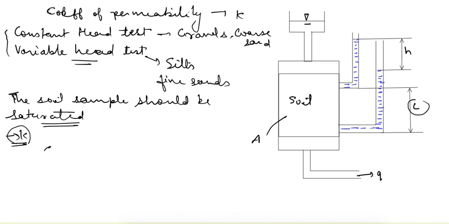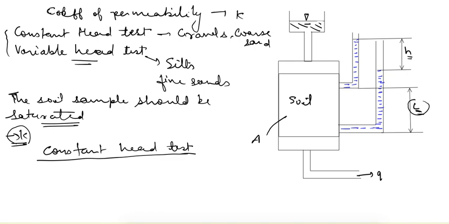So first let's see the constant head test. It is called the constant head test because a constant head is maintained over the soil sample. We put a soil sample in a tube and insert piezometers at two different points. The length of sample between these two points is L and the head difference is H. This head difference will be constant, because we keep a constant head on the top, so after some time it will attain a constant value.